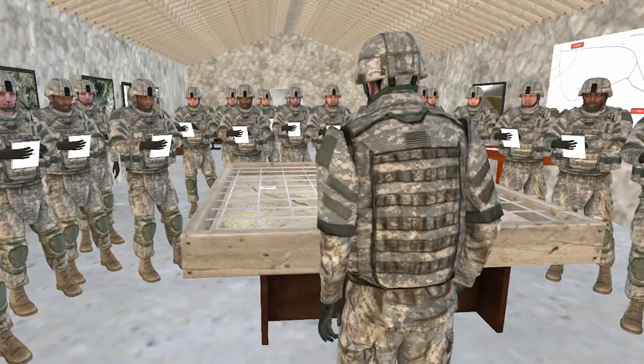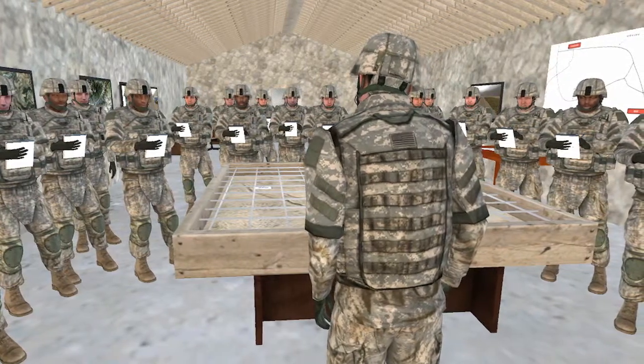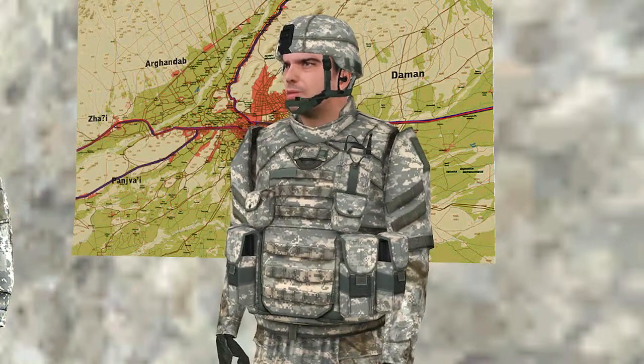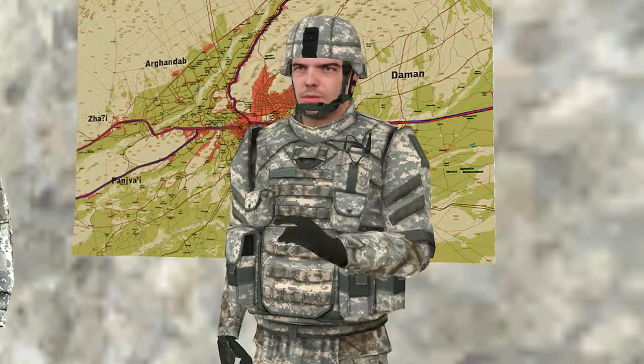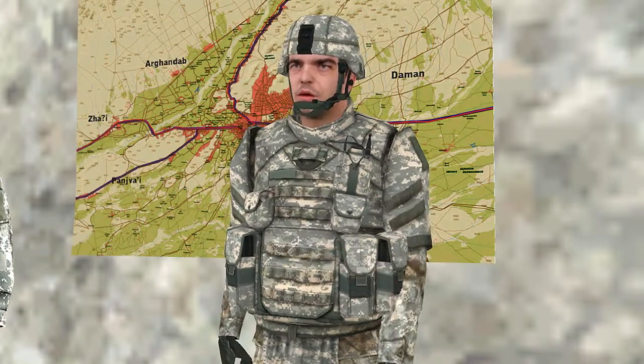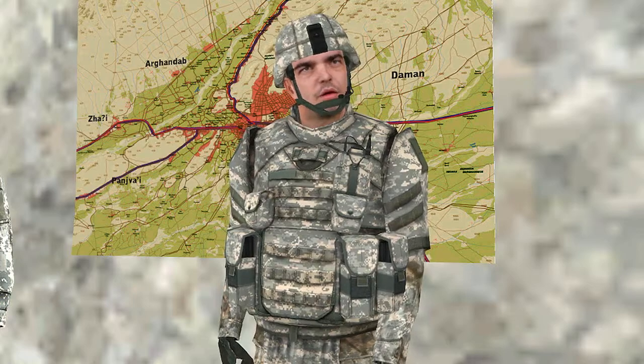Execution. We're going to do this with 6 MRAPs, 5 HETs, and 1 wrecker. We also have 3 M2s with 1 on our wrecker, 2 M240 Bravos, and 2 Mark 19s. We're going to have 8 20-foot containers of Class 9, so one of our HETs will be used as a